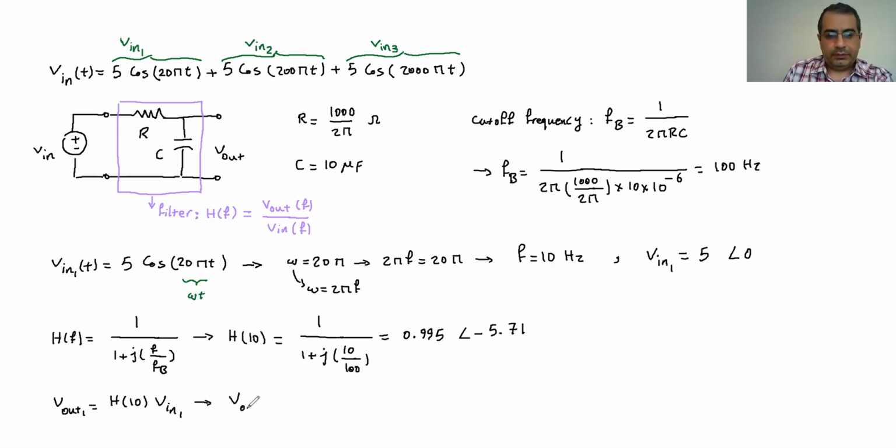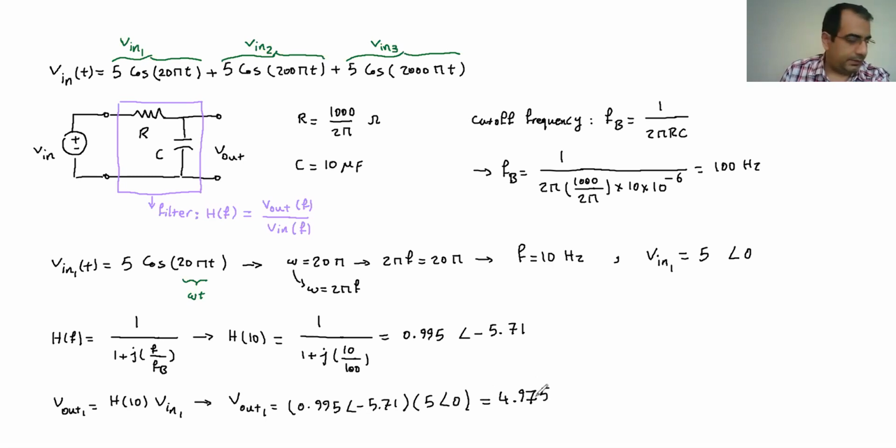So the V out for the first one is going to be H for 10 hertz, which is 0.995 with an angle of negative 5.71, multiplied by V1, which is 5 with the angle of 0. If you do the calculation, you will get 4.97975 with the angle of, so to multiply, you multiply the magnitudes and subtract the angles, 5.71. And then if I go back and put it in the time format, I can say V out 1